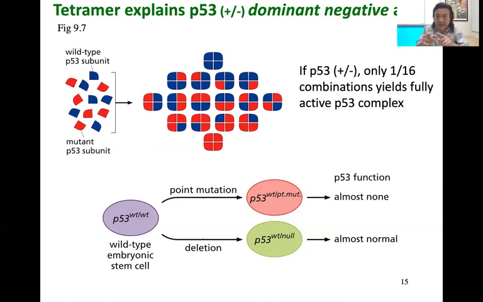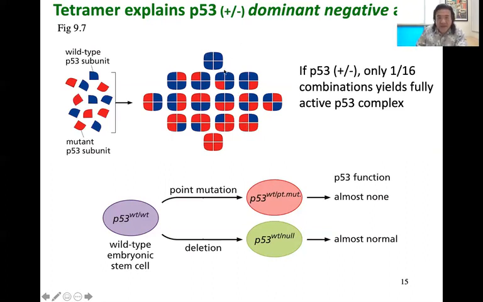That means the p53 proteins made by that particular cell would be a mix. The blue ones represent the wild type p53 made from mom's good copy of the gene. The red one is the defective or point mutant p53 made from dad's copy of the gene. When these blue and red p53s are floating in the cell, they will come together to form tetramers, and they can be in any combination.